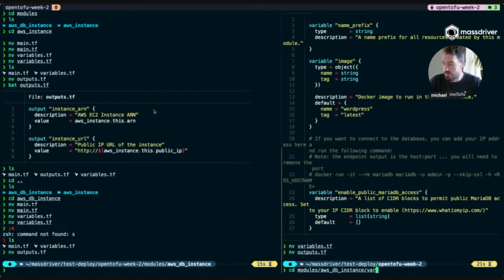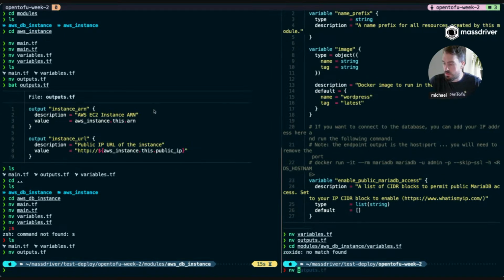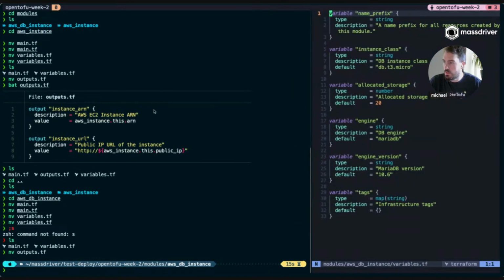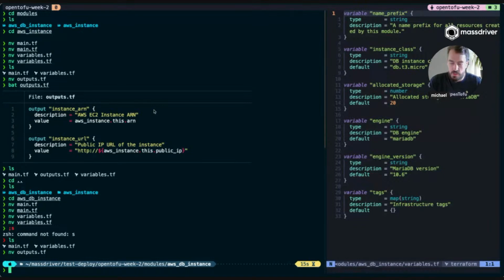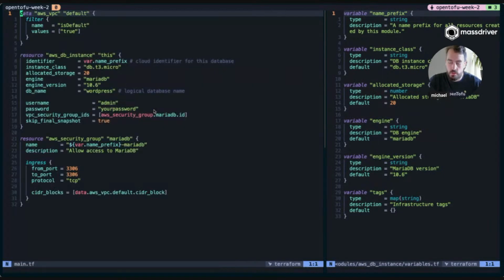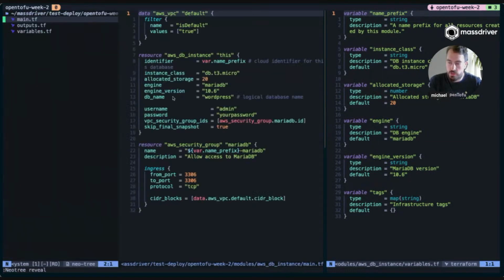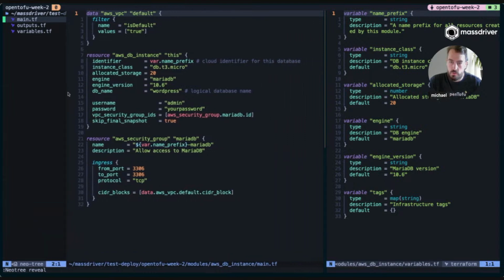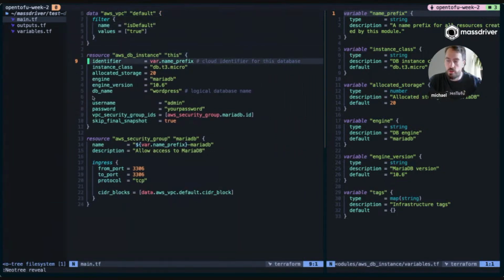I'll do DB instance first, variables, AWS DB. Variable, there we go. Okay, so now we see the variables that I have to work with, and we'll open up a folder structure. So we have our 3 OpenTofu files here, and I'm just going to go through and replace these with the variables,